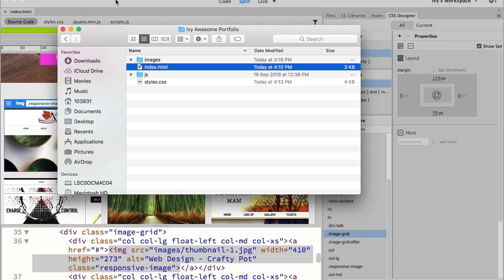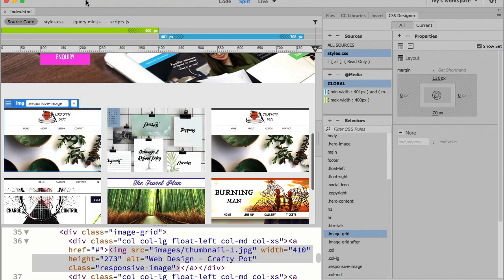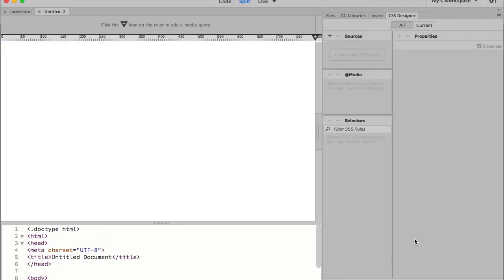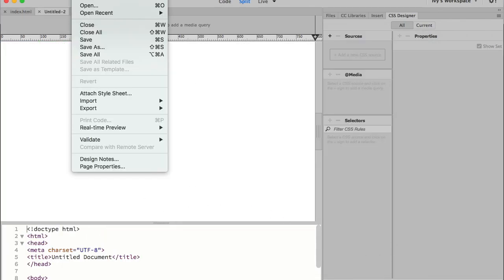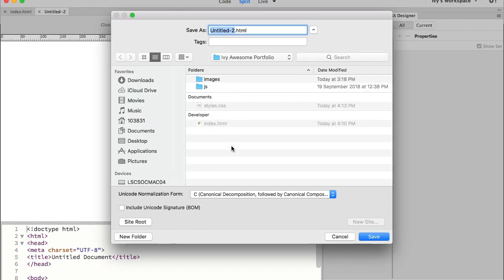In order to do so, go back to Dreamweaver, click File, New. Now I'm going to create a new HTML page and select Create. Okay, so this is document 2. Now I'm going to save this now. File, Save As. Put this inside our local site folder, which is on your desktop. And type this as